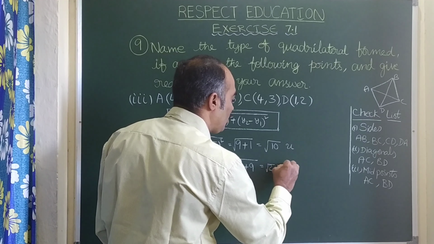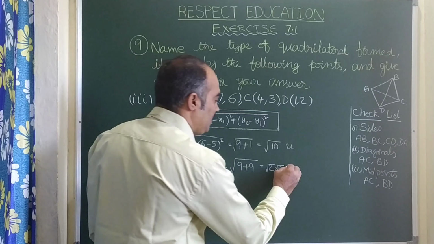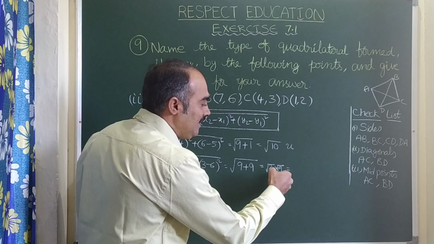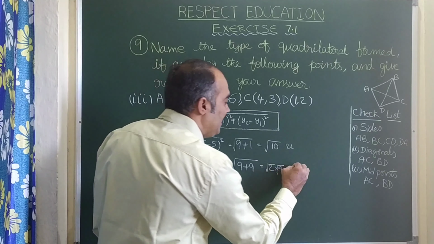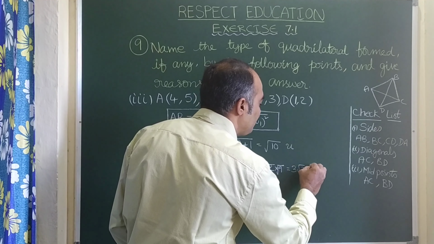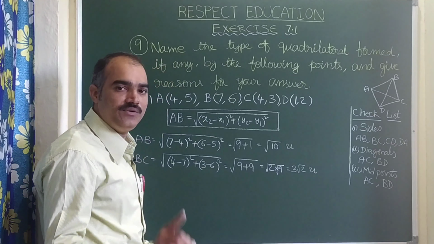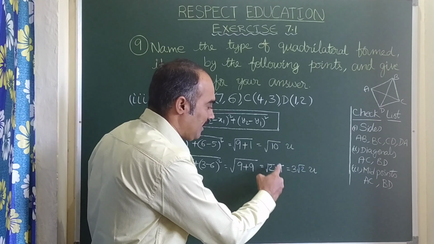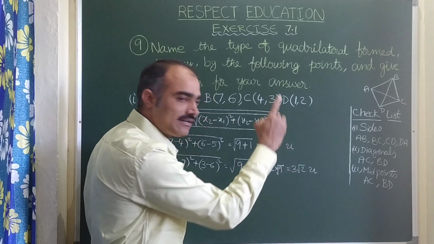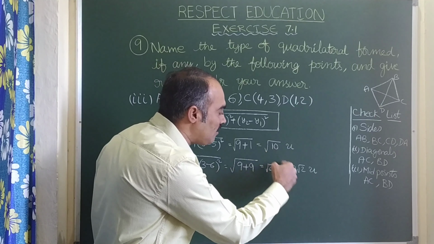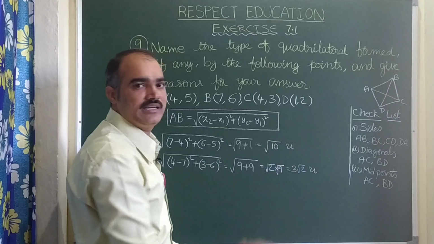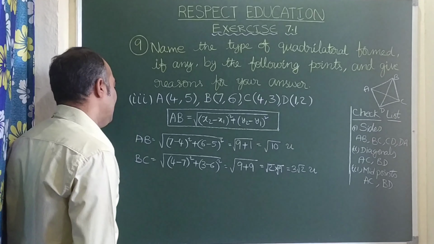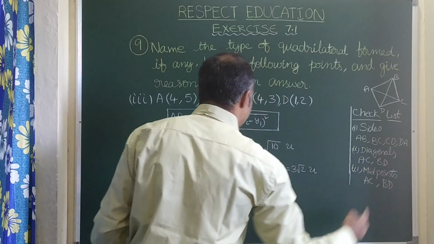Let us split the square root. As you know, root 9 is 3. So let us have the 3 first. It is 3 root 2 units. If you have doubt, write 9 as 3 square. Under root 3 square, square and root get cancelled, so 3 you will get. That 3 you write first, that's all, 3 root 2 units. Clear? Now AB over, BC over, now CD.